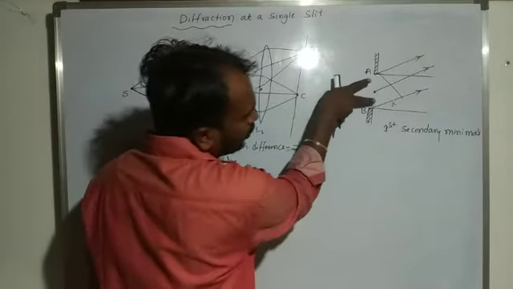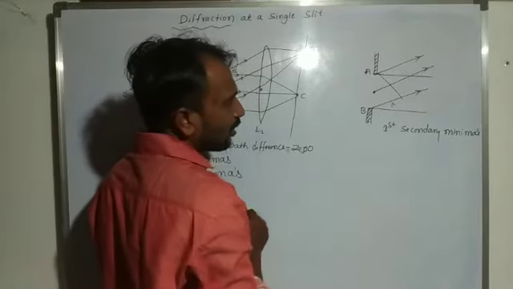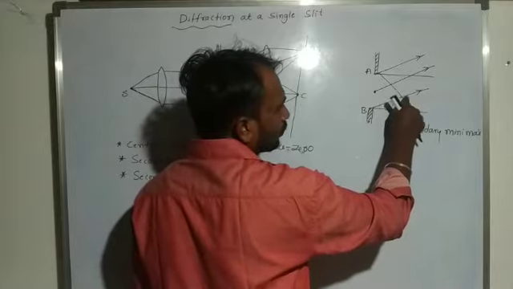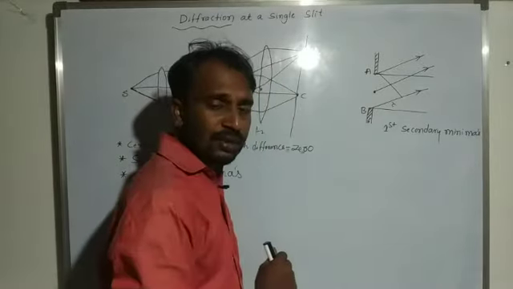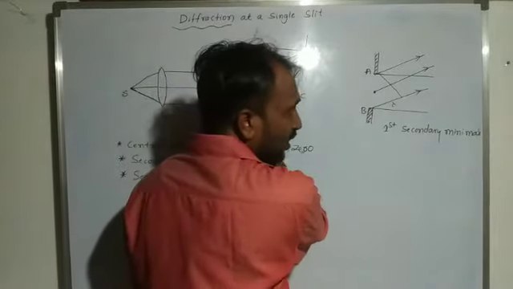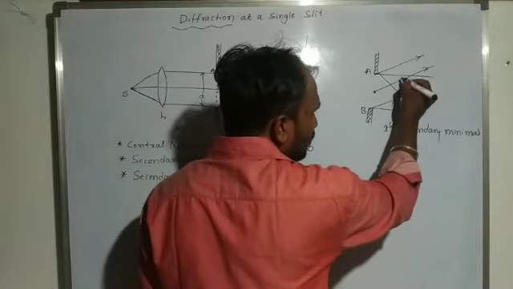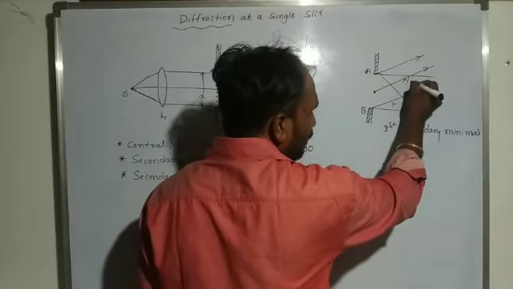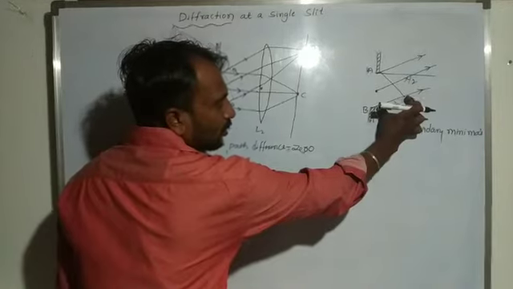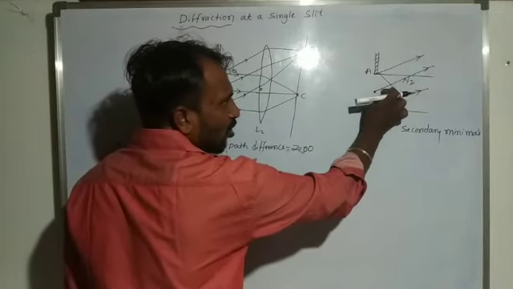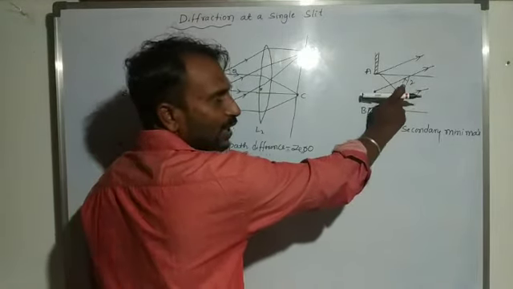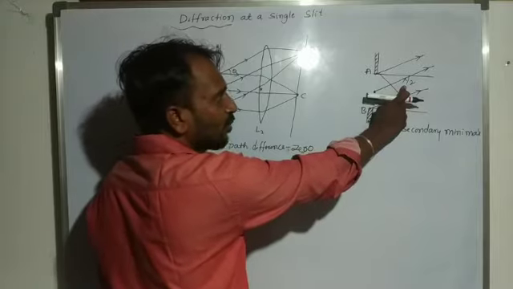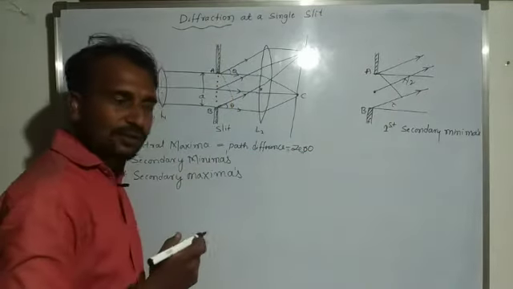Okay, if you divide the slit into two parts, here we get a path difference of lambda. So the path difference is lambda, and this value we consider as lambda by 2. So this value is lambda, which means half of a wave. Here we consider the path difference to be lambda by 2, and here 0.